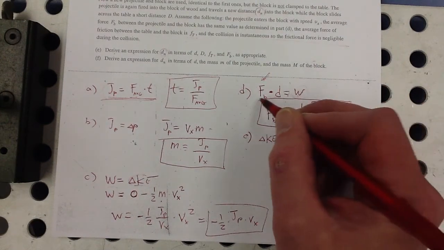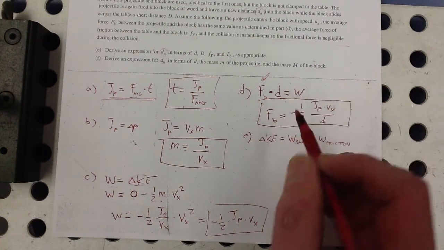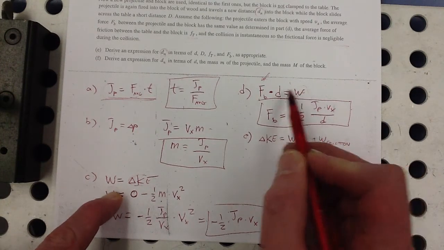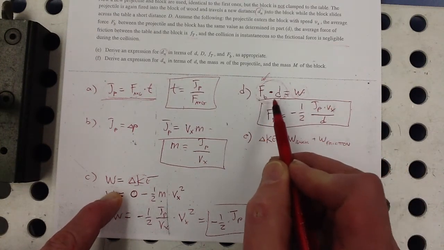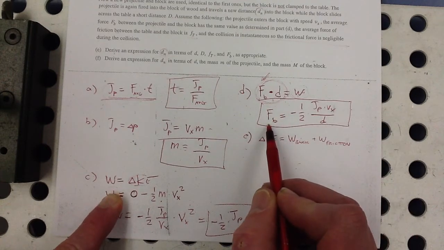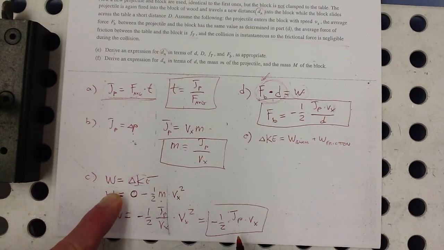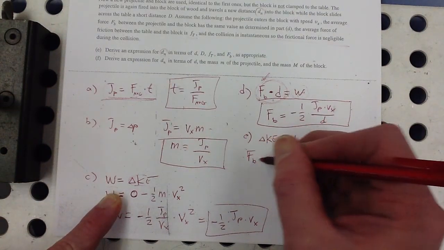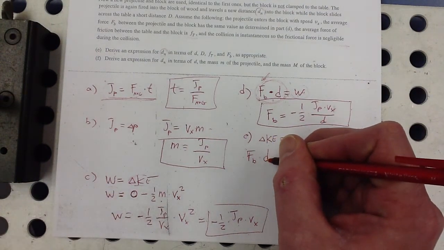This work done right here, they said that the work is the same, so that means the work done here and the work done here are the same. So this is another expression for the change in kinetic energy. Right, because these two things are equal to each other. So here I can substitute that,